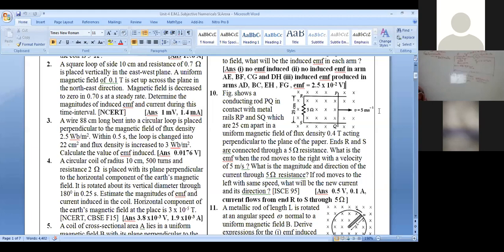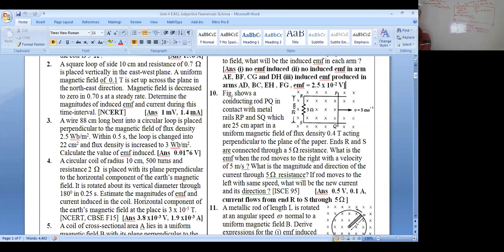On EMI, electromagnetic induction, while teaching you this topic, we are going to solve some more numerical problems. I have selected some questions so that you can easily understand, and there should not be any repetition. If repetition is there, it means this concept is necessary. Question number 10. Just go through this question number 10.